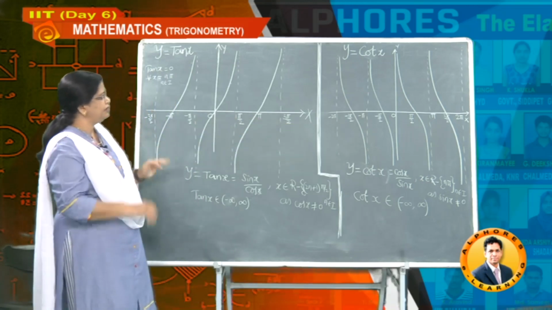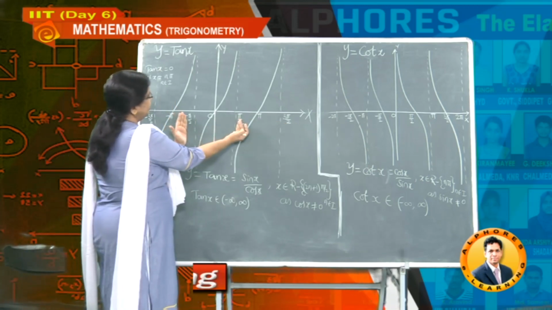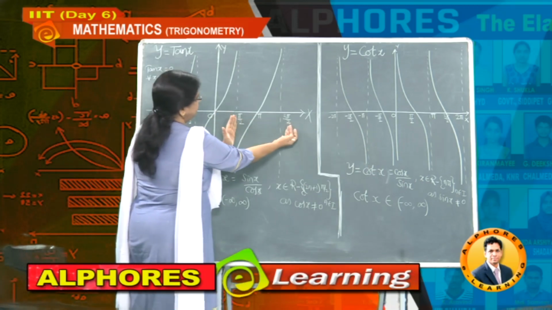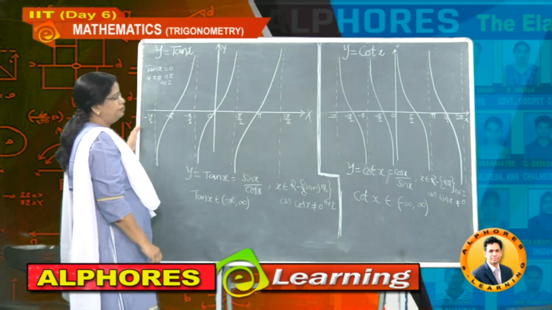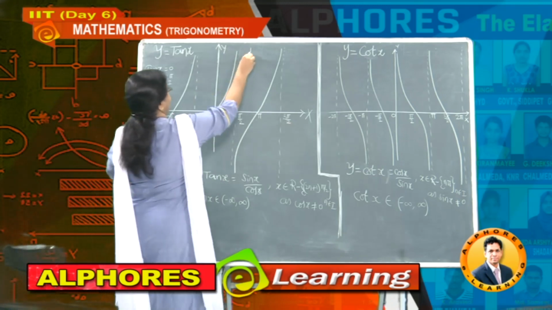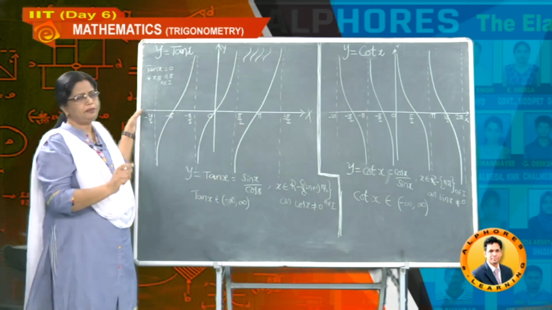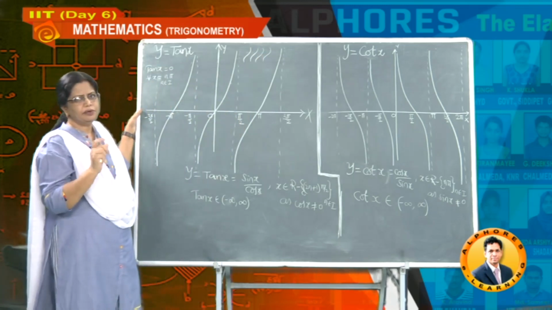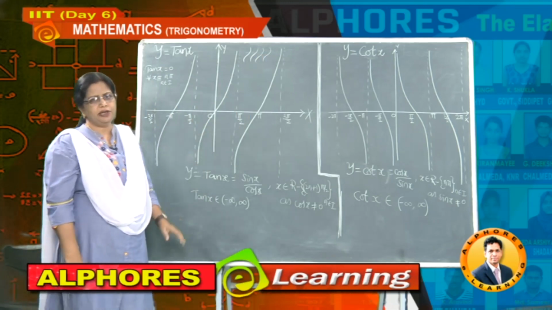Observe the same shape of the curve repeating: in the gap of minus 90 to 90 this curve, again 90 to 270 this one, the same shape of the curve. It is repeating in a gap of 180 degrees. Okay, so you are getting it like this. This is the tan graph. It is coming in this way. The same model is repeating in a gap of 180 units. Therefore, the period of this function is nothing but pi.